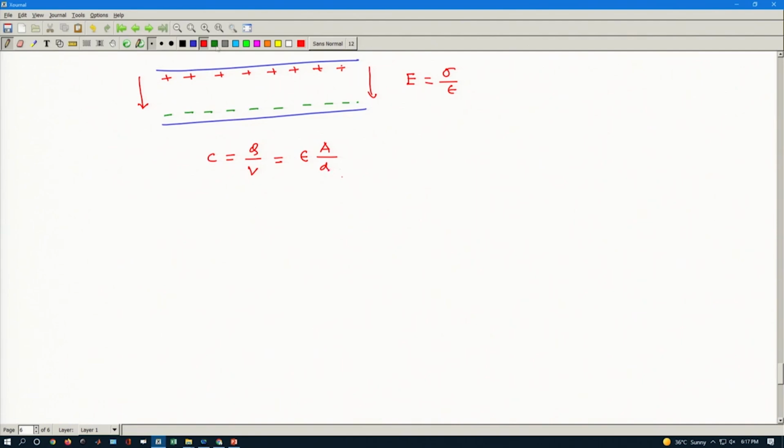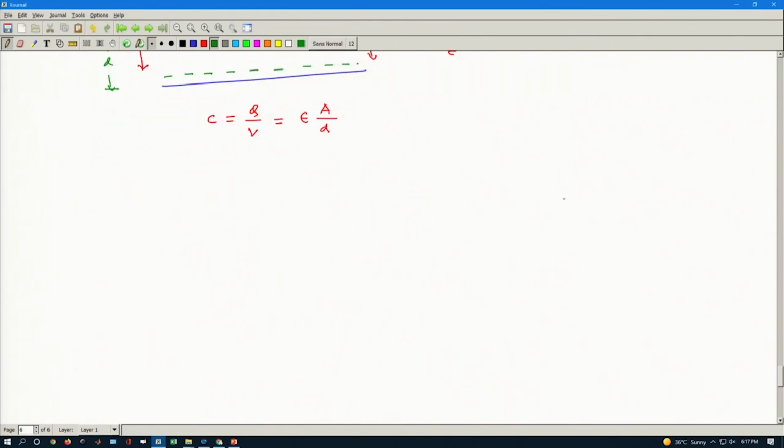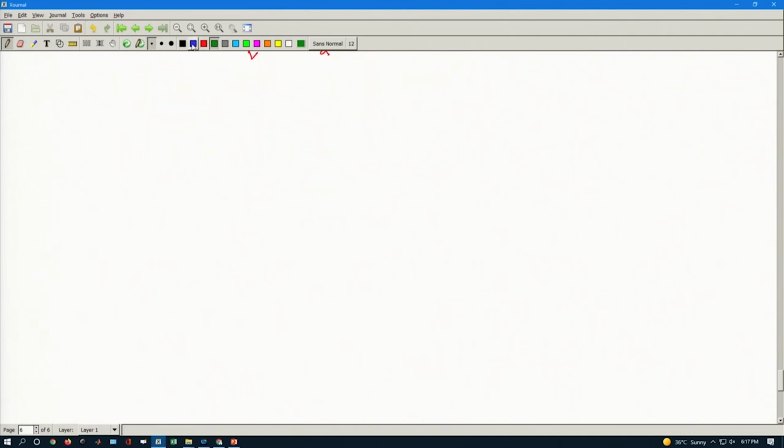where D is the separation, from here to here, and A is the area of the capacitor. The standard parameters for the capacitor are these. So, now today we are going to calculate the amount of energy stored in this capacitor. So, the concept is like this. Suppose I have a parallel plate capacitor, these are the parallel plates,